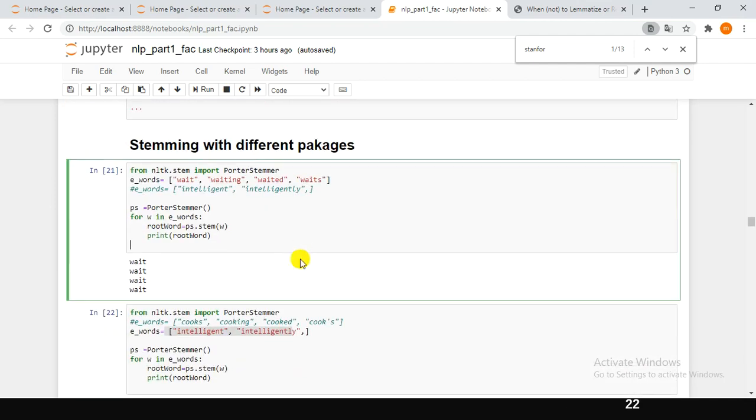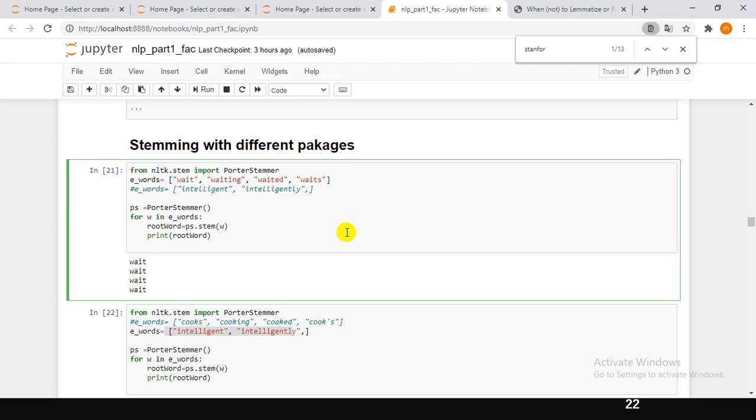Okay, now you understood what stemming is and what lemmatization is, and when to use stemming and when to use lemmatization. You also understood the issues and limitations of stemming, and when you are supposed to use lemmatization.